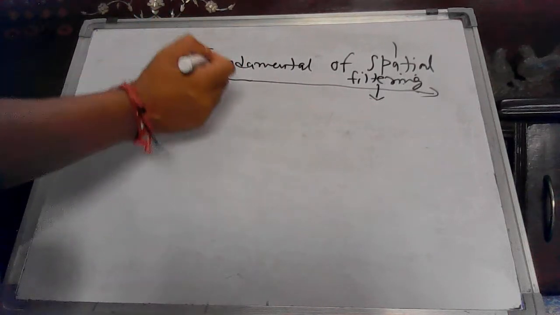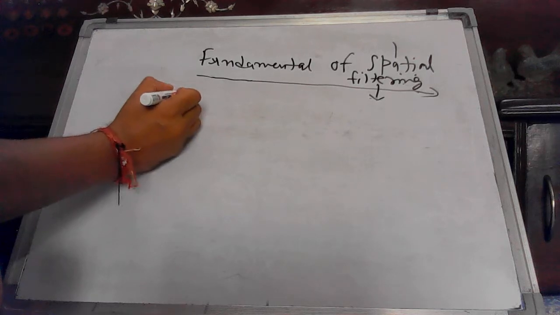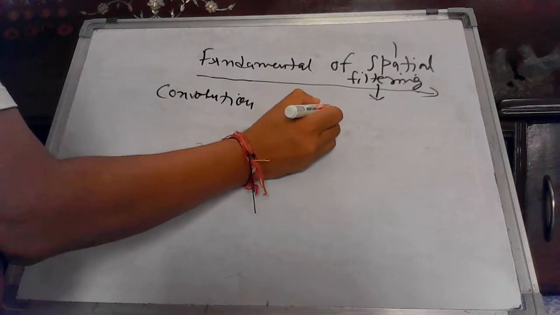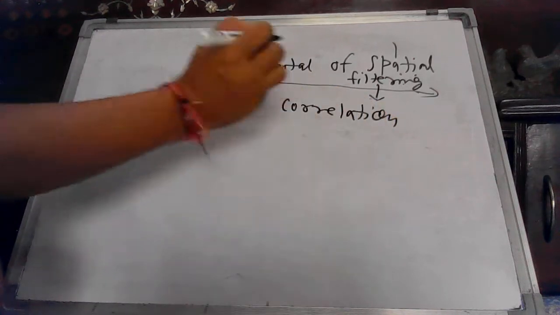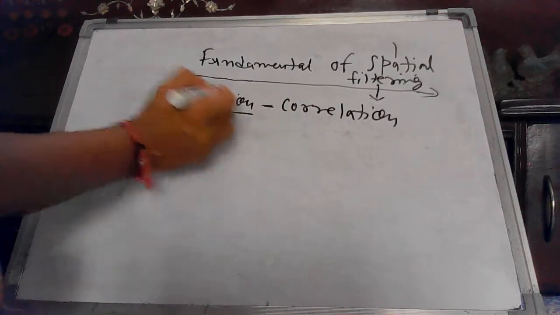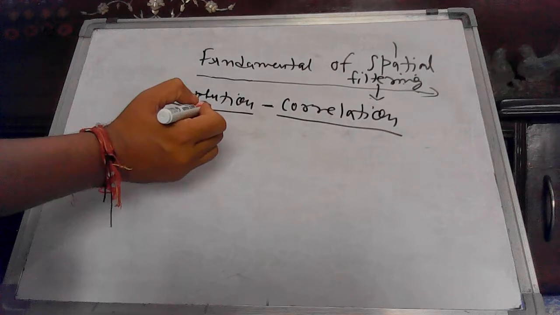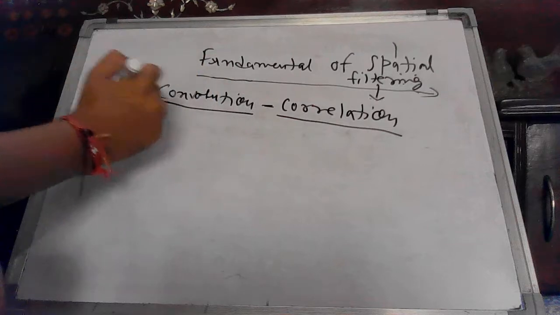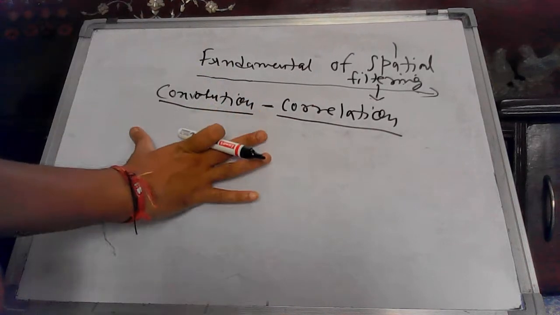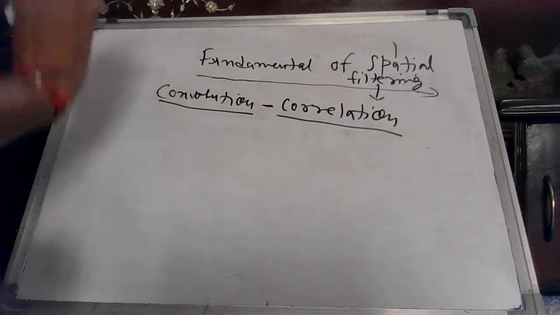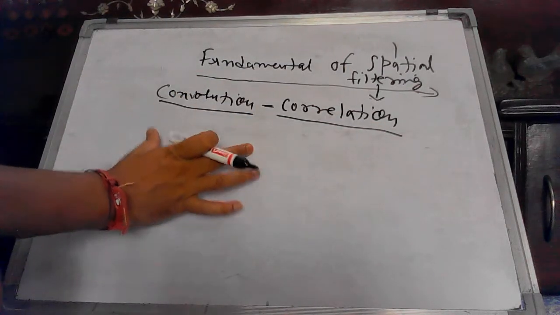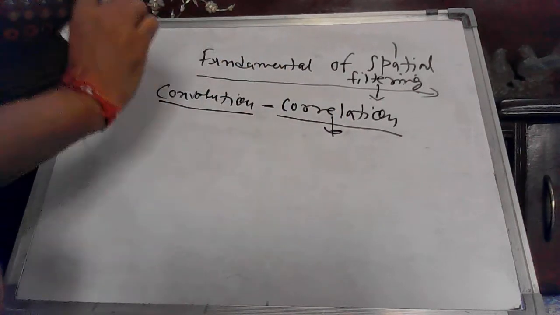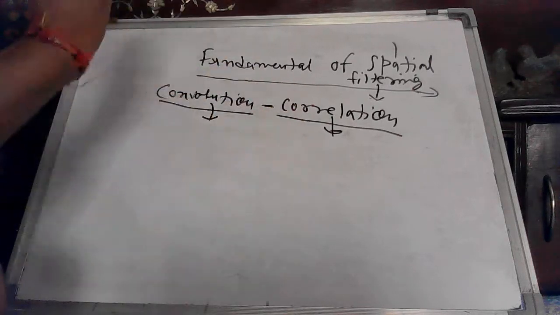So before moving ahead, there are two very common, popular operations. One is known as convolution and another is known as correlation. Whenever you are processing your image using a filter, these are two very popular terms you should know. Whenever a mask, the image size and the image pixel values are given to you, you will be asked to find the correlation. After the correlation operation, what is the resultant image? After the convolution operation, what is the answer for that image?